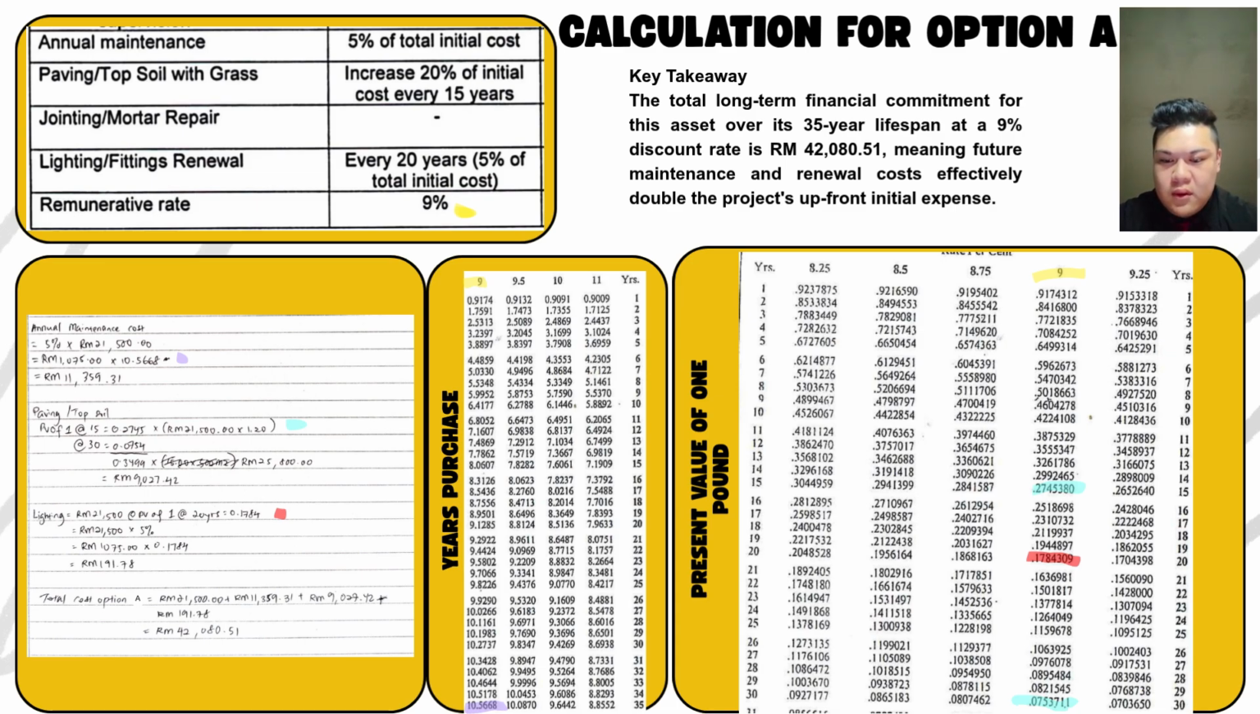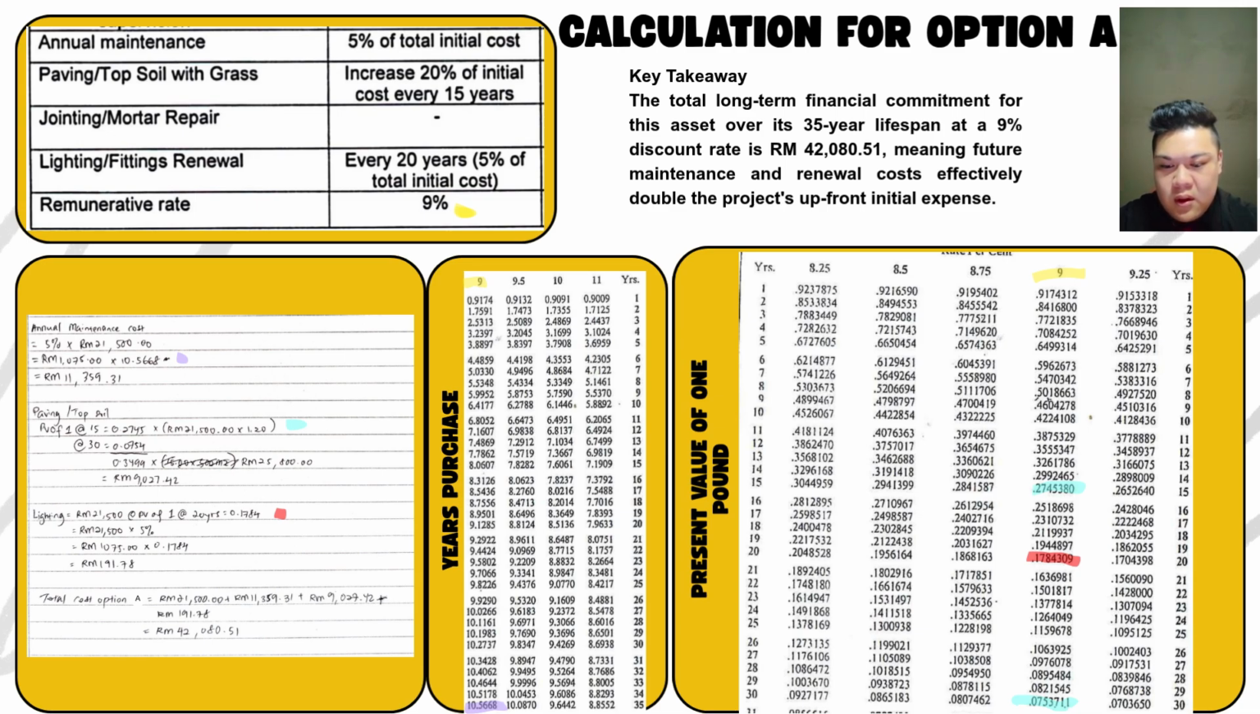To calculate the annual maintenance cost, it is 5% of the initial cost, times 21,500. You will get 1,075, times years purchase, which we take from the table, at 10.5668. You will get 11,359.31. For the paving and topsoil, we will look at the present value of 1 pound table, and we will use years 15 and 30